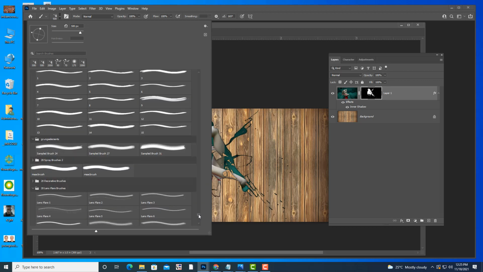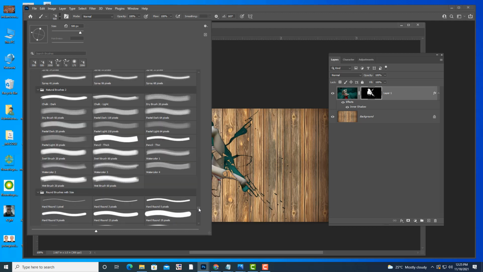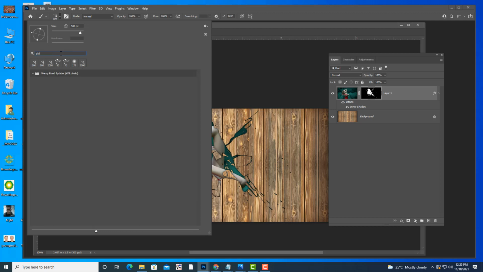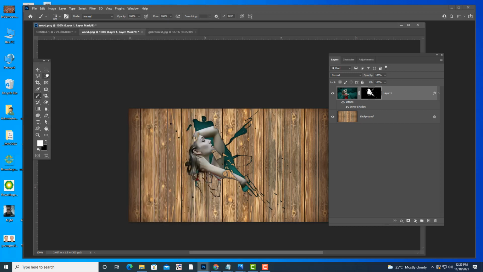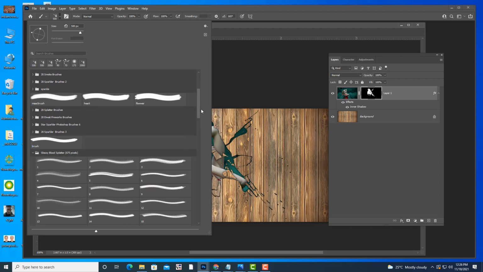Where is it actually? I lost something. Here. Can anyone see these brushes? Yeah, here it is.